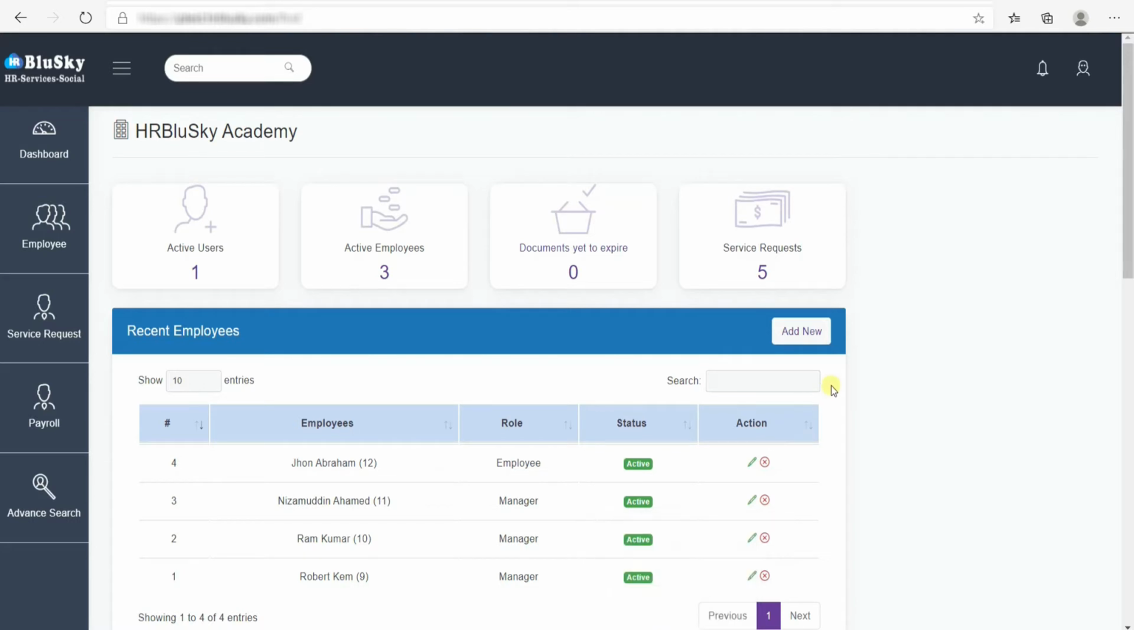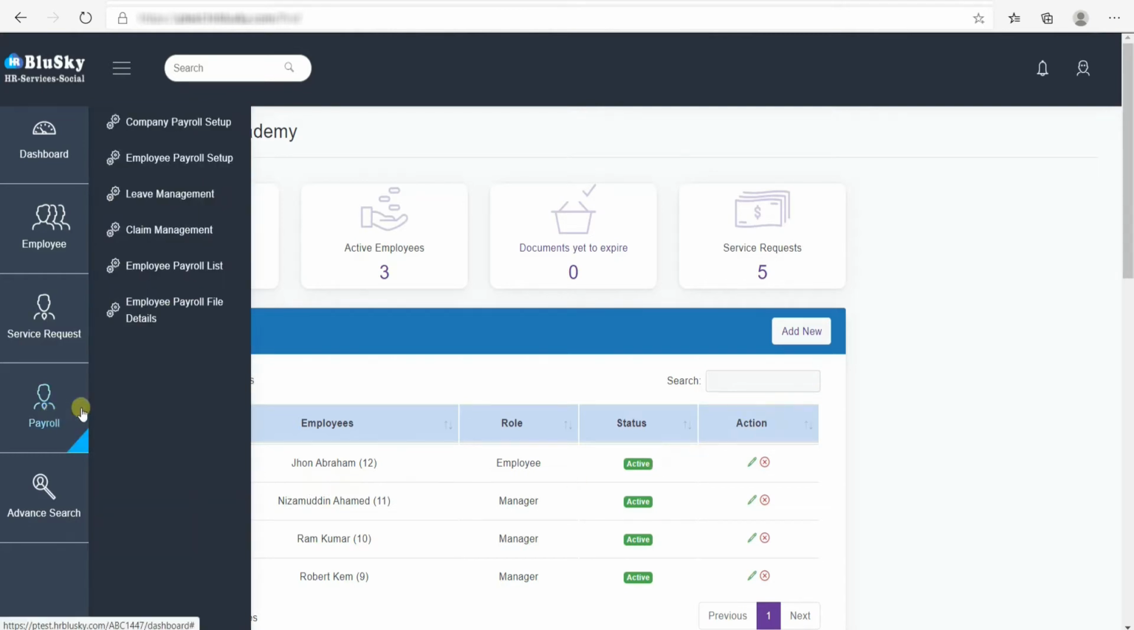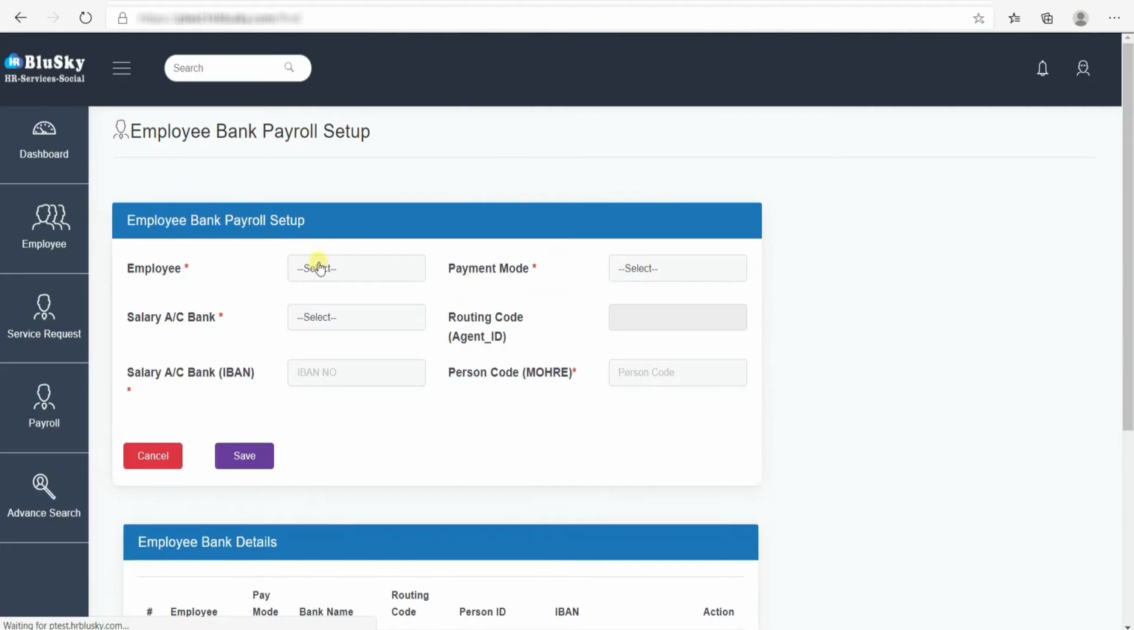The next payroll checklist item is to update employees' bank related information, let it be a new employee or an old employee who was paid through cash. If you need to update their bank information to pay the salary through bank, you need to navigate to the Payroll module and under that select Employee Payroll Setup. Under the Payroll Setup, you can select the employee